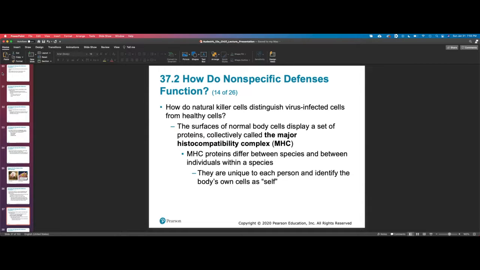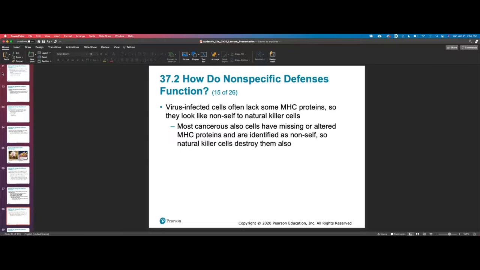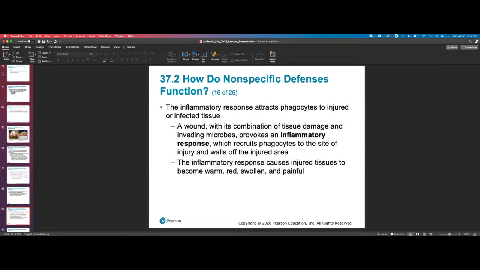Collectively, these sets of proteins are called the major histocompatibility complex. And that's going to be unique to you as a person. Your major histocompatibility complex can be thought of as you. In the case of cancer cells, because they do not develop normally and are abnormal, they don't look the same based off of those proteins on the outside. So they can be targeted by the immune system on the basis of external protein recognition.